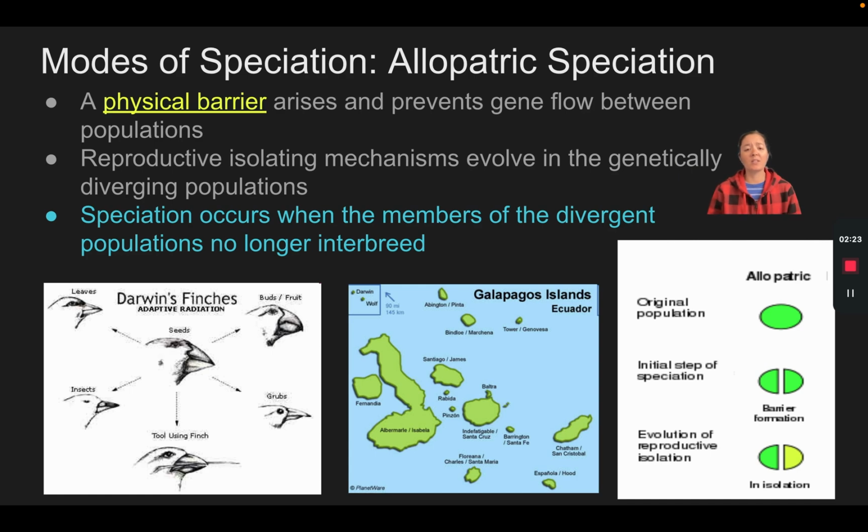A great example of this is Darwin's finches. Darwin's finches are theorized to come from Ecuador, which is not too far away from that island chain. But when those finches went from South America to the Galapagos Islands, there was a physical barrier of ocean between them, which prevents those island birds from going back to the mainland to breed with the other finches on the mainland. They are now two separate populations with the distance of ocean between them. That is a physical barrier, so that will prevent those island finches from breeding with the mainland finches. So now those two populations are very different from each other due to that physical barrier.